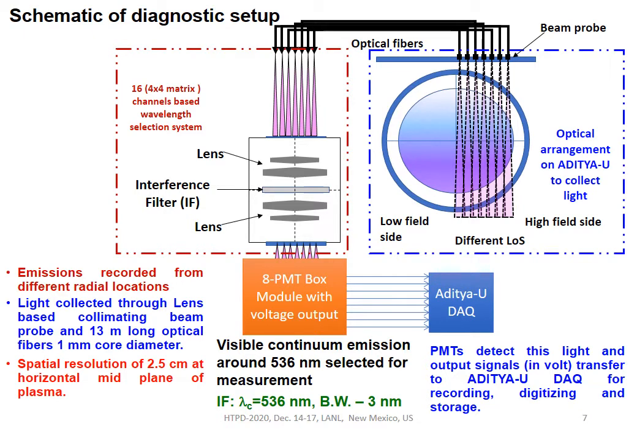This is the wavelength selection system which was described in the last slide. The output of these channels goes to the PMT module boxes, which give the signal in terms of voltage output. This voltage output is then fed to the data acquisition channel for recording, digitizing and storage of the signal for future reference. Here the resolution is 2.2 centimeter, 2.5 centimeter, and